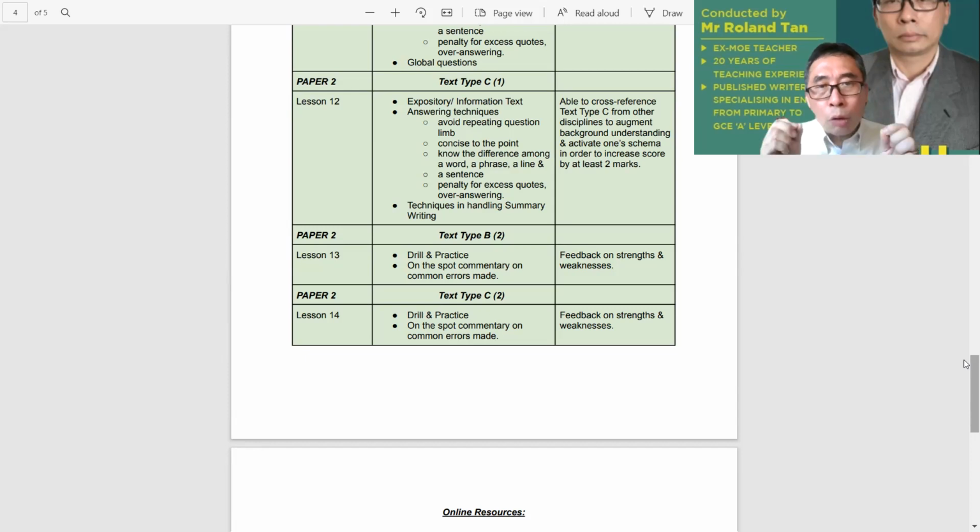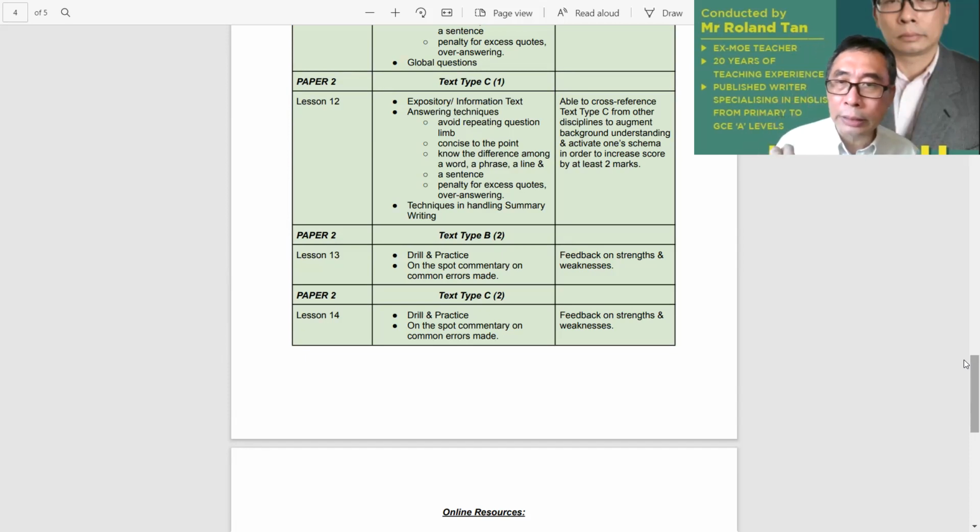Now, one important difference between type C and type B is of course summary writing, which will probably involve about half a lesson for me to impart useful techniques in handling summary writing. So by the end of this lesson, you'll be able to